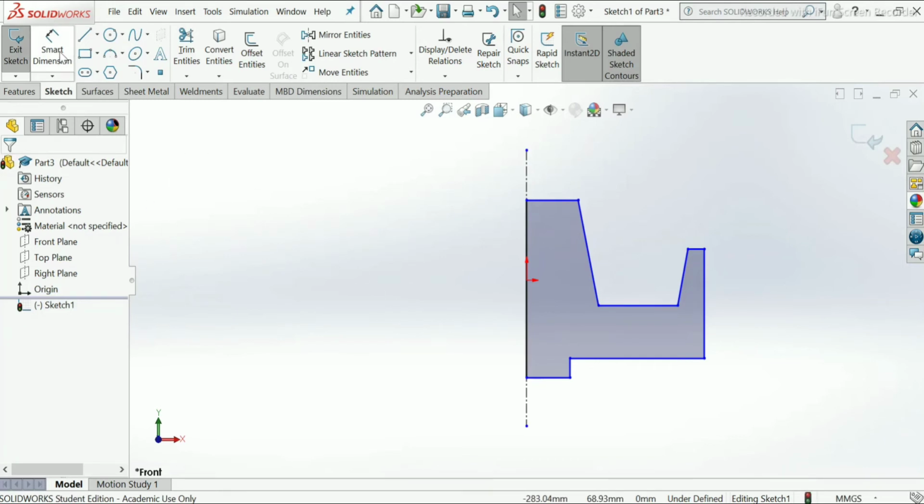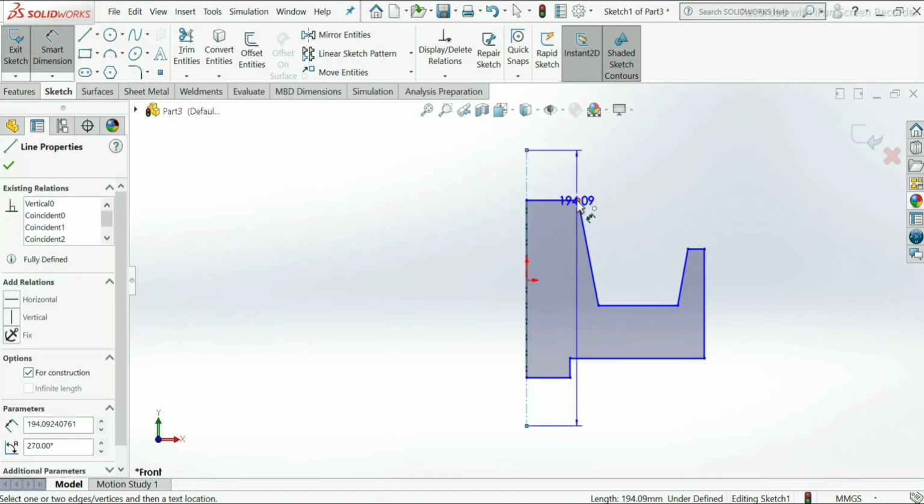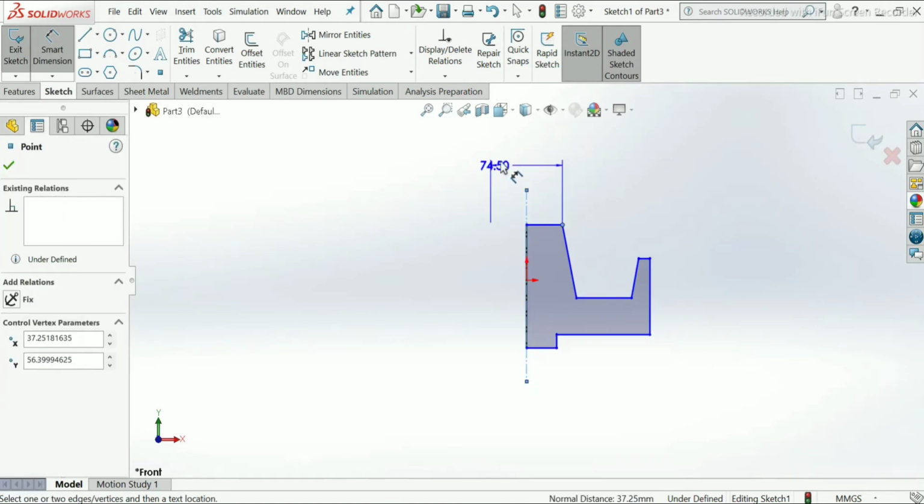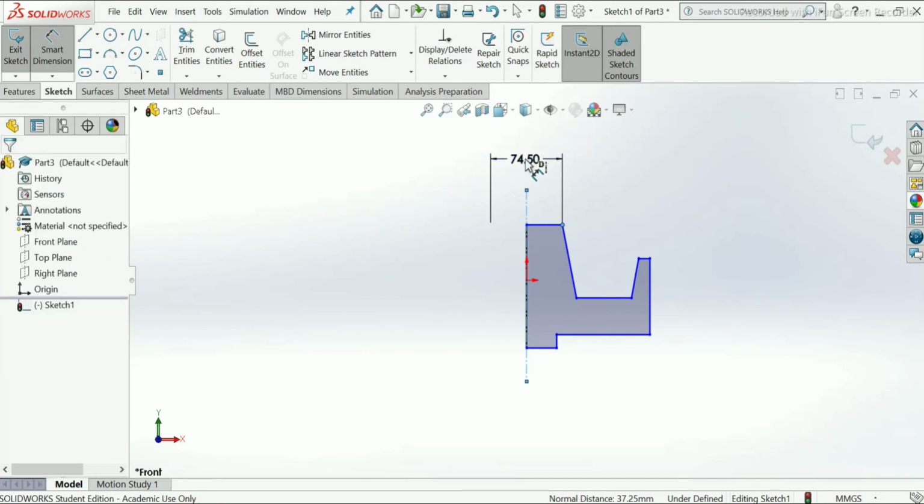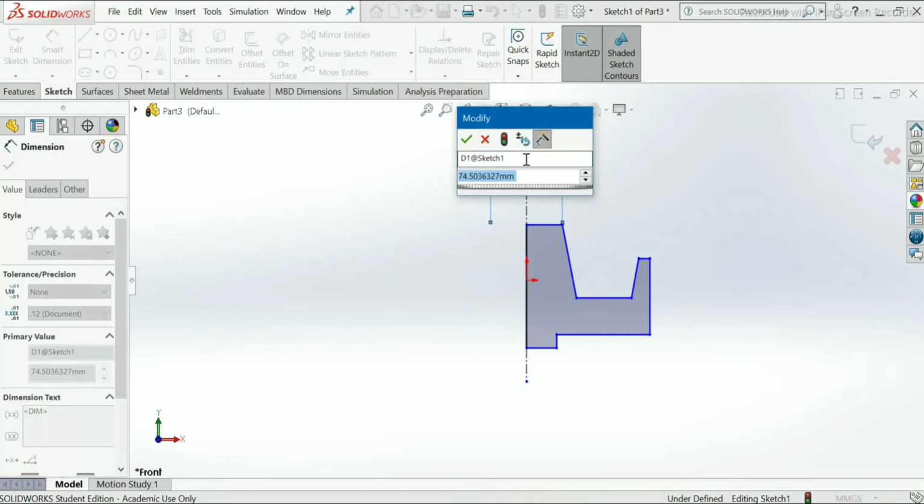Now apply smart dimensions from command manager. Select smart dimension, click from center line to this point, make the dimension 28 mm.